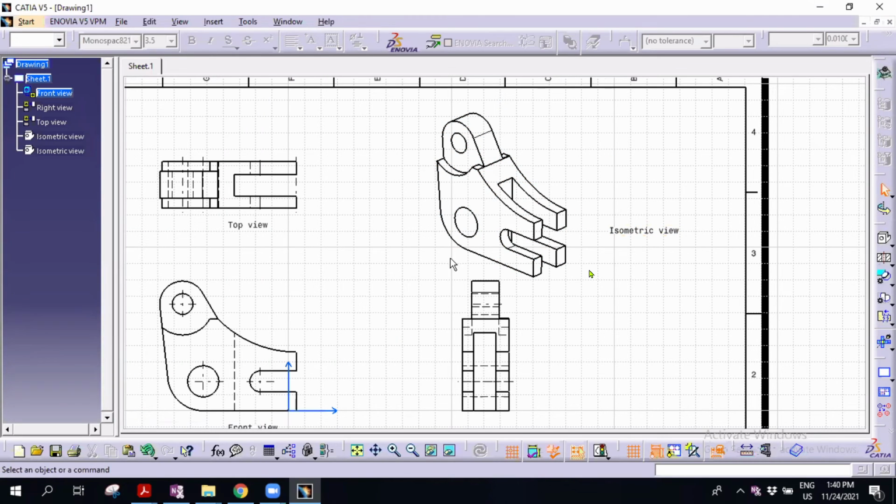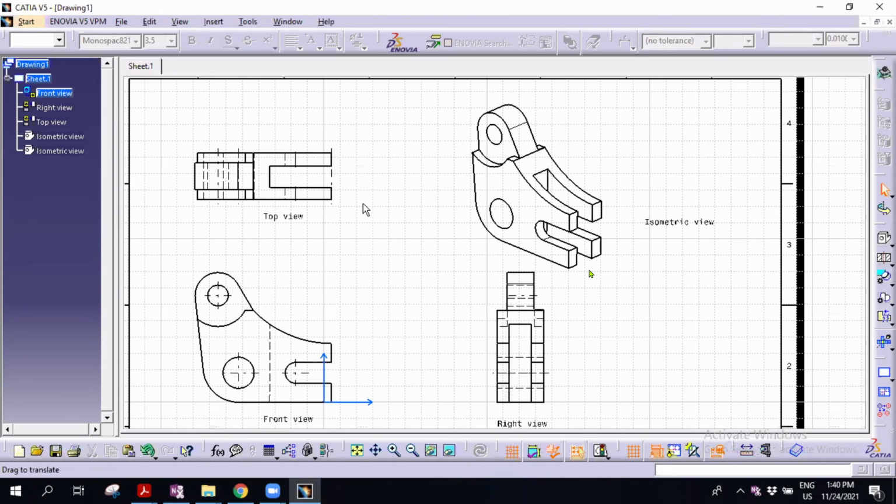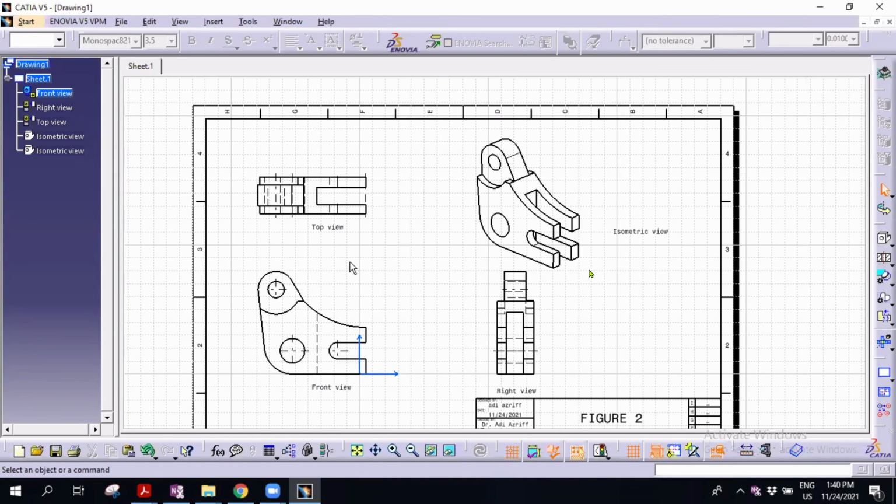This is a rule. So if, for example, in your assignment you put a hidden line, it's wrong. I will deduct marks for the test for sure. The hidden line and center line are only in the multi-view: front view, right view, and top view.